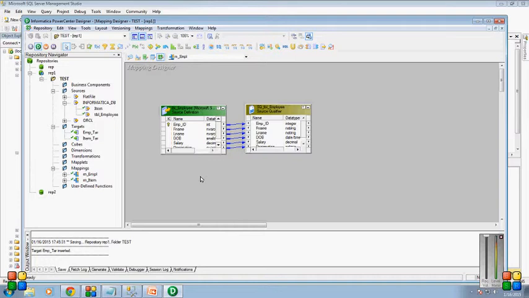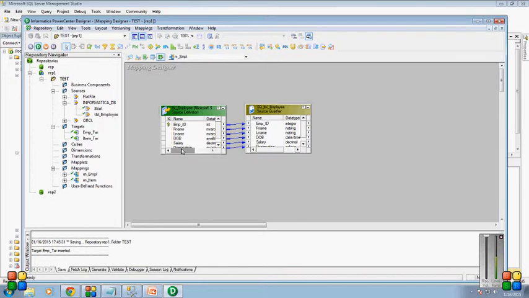So if we have one more table here, we generally use one source qualifier, so that we don't want multiple source qualifiers to be used. So what we do is take the other tables and add the columns to the same source qualifier, so that one source qualifier will be enough to combine two or more source tables.